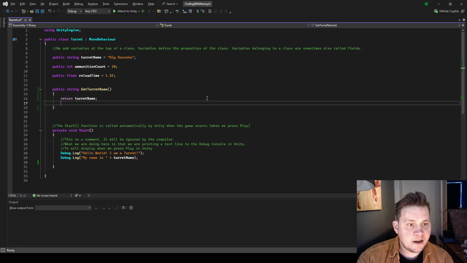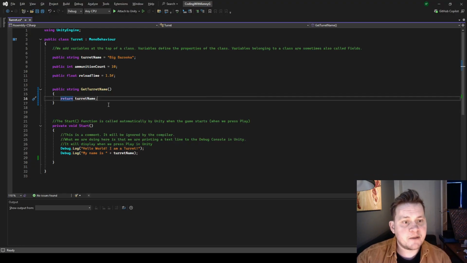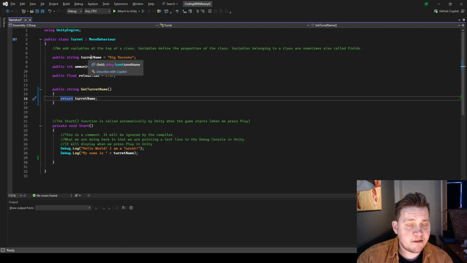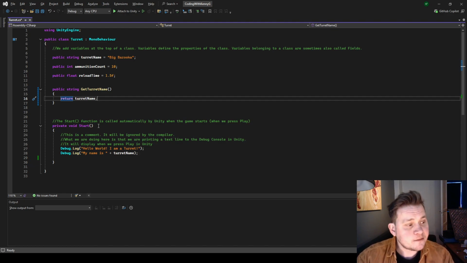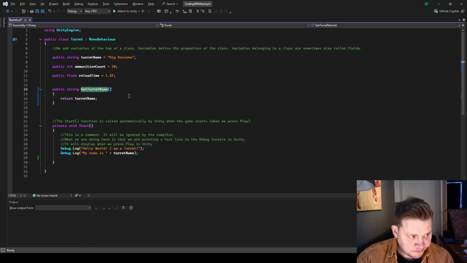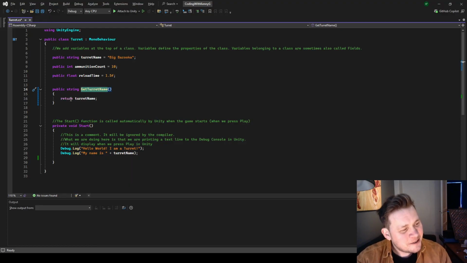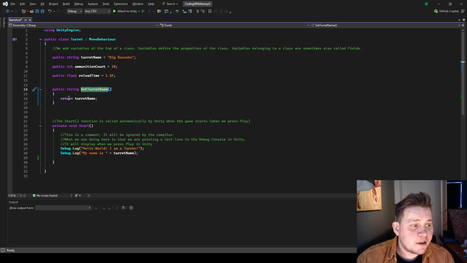Okay, so this is a paradigm called a getter. We get the value of something. Instead of getting a variable directly, we're gonna hide these variables a little bit later on. But for now, I need to, it's a little bit complicated to do this kind of on the fly because there's a lot of concepts happening here. But return